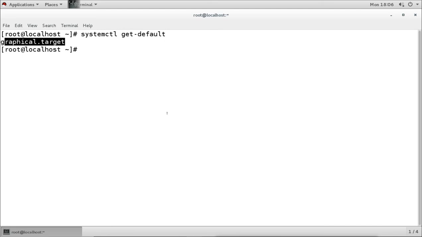That is why it is always booting with graphical. Now for example, I want to go to the command line, multi-user.target. I can use the command systemctl isolate multi-user.target, and it will take me to multi-user.target. This is how we change. We don't use init here because init is still there and it will work. If we say init 3, it will take me to the multi-user.target, but this is the real way, because this is systemd.